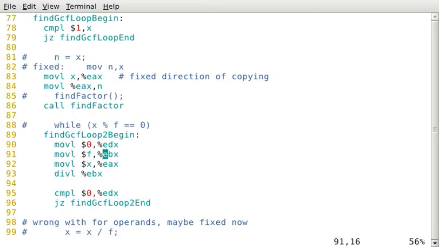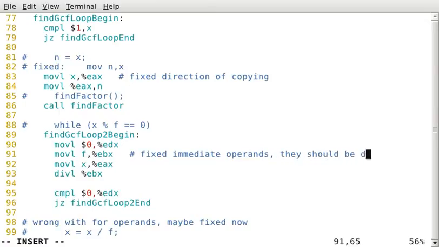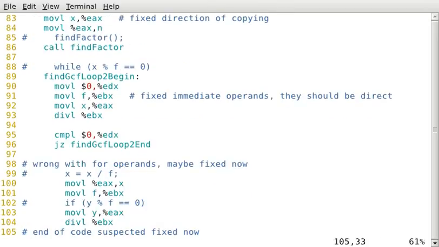Now this time we have a little bit of a problem here, because percent f is actually the address of f. We don't want to use the address of f as the divisor. We want the content or the value of f, and the same applies to x. So here we have those two fixed. Okay, fixed immediate operands. They should be direct operands. Okay, and then we have a division, and now we're moving on to